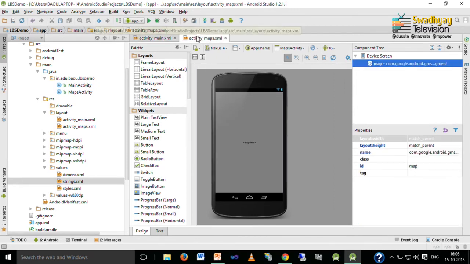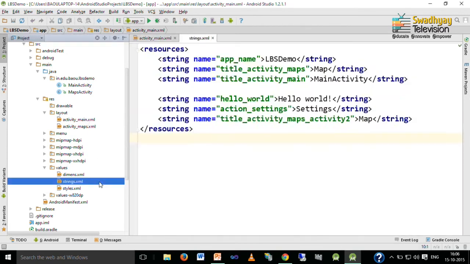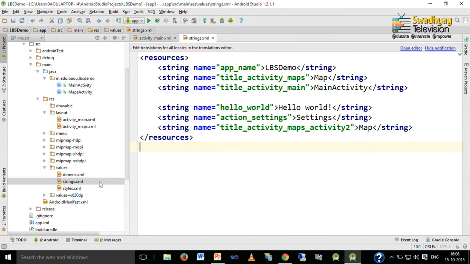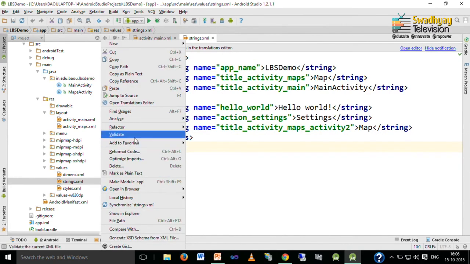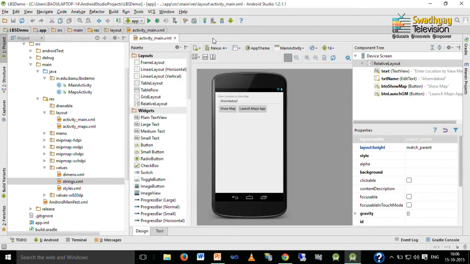This interface is already created when you add maps activity, and you have to add your permissions in the manifest file and your Google API key in this string.xml file. If it cannot be displayed, you have to open the editor for adding this key, and then you can run your application. Now, I want to test this application on my phone.